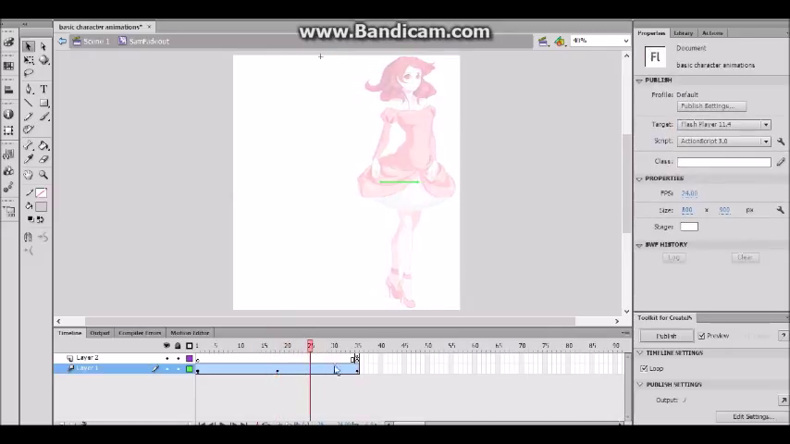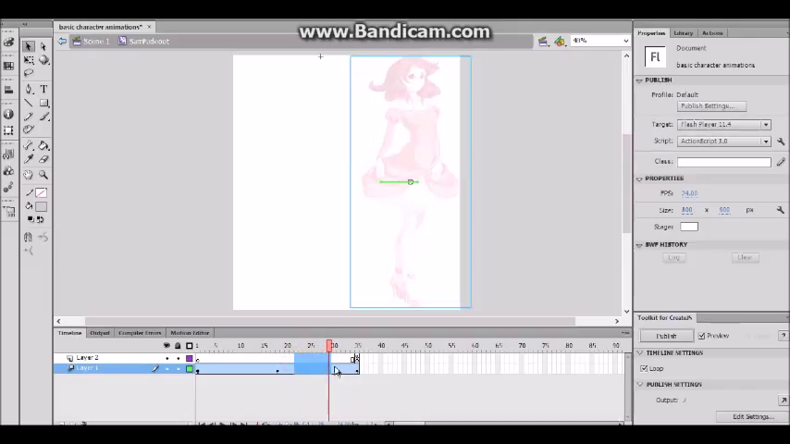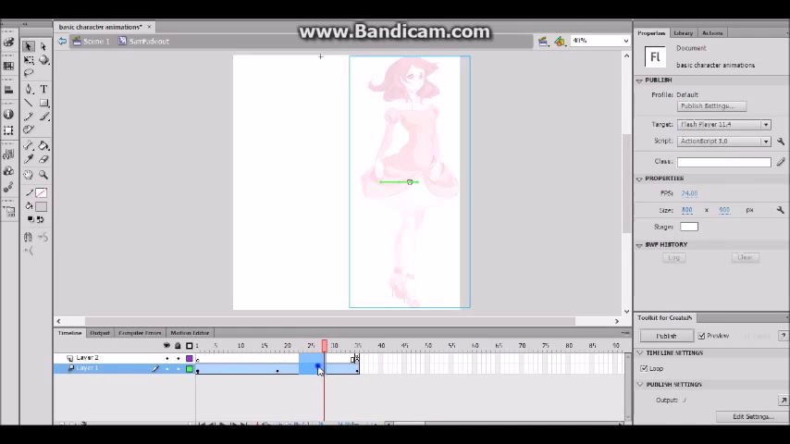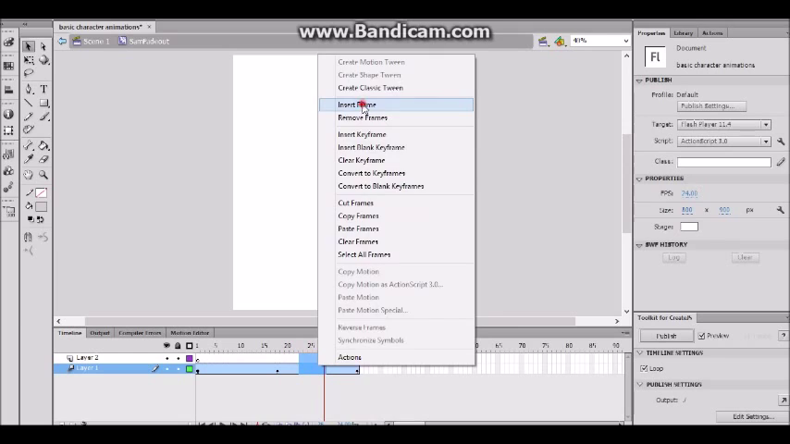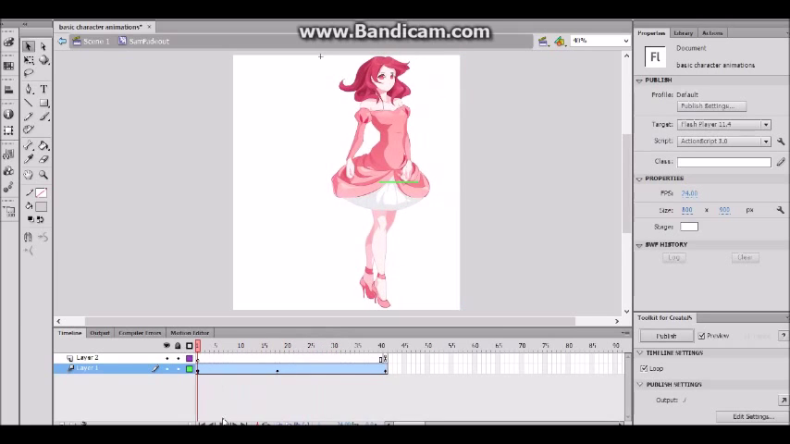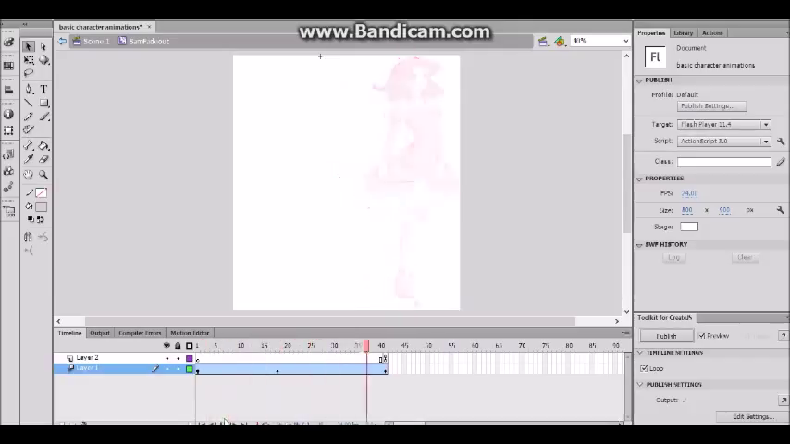So now we're going to increase the frames here to make her slow down a little bit. Make sure you also select this so it increases along with this. So what I'm going to do is select just a couple frames here. I'm going to right click and do insert frame. Let's test it. All right, she slowed down a little bit once we passed this point, but over here it was still a